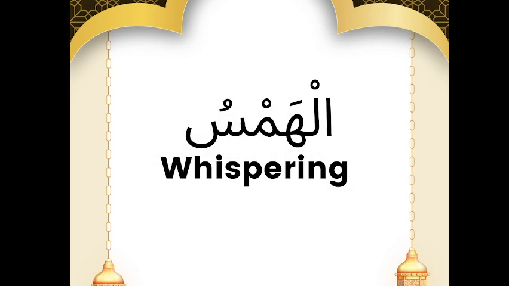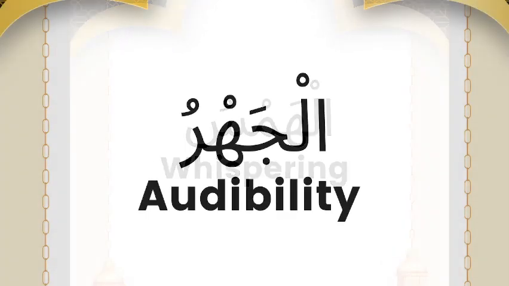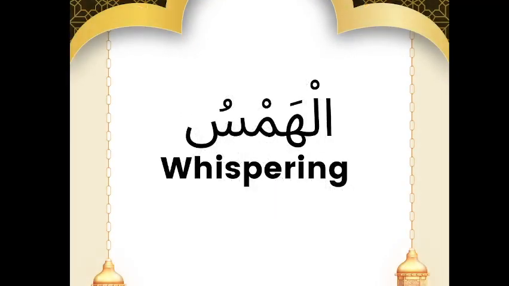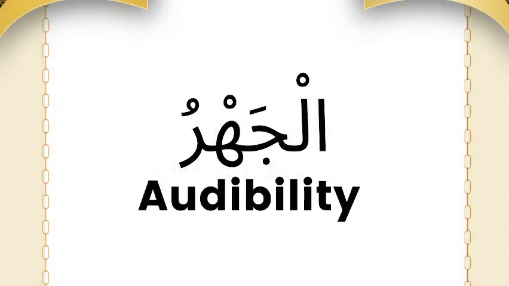So now we have the opposite, which is al-Jahru, the opposite of al-Hamsu. Now al-Jahr, what does that mean? As it's on the screen, it means audibility. And in this instance, one thing you should know is that